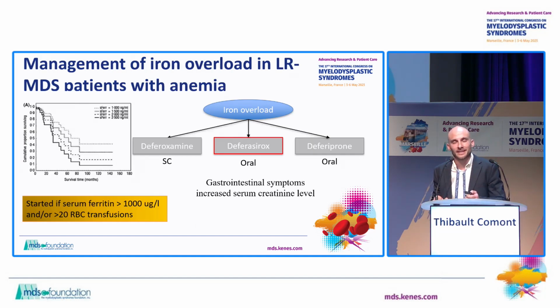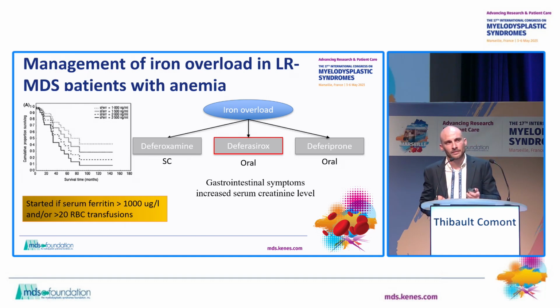the major concern in these patients, and in patients with repeated transfusions, is iron overload. It is an independent factor of mortality in these patients, and you can see on the graph that the level of ferritin is strongly correlated to the overall survival. First, we can evaluate the impact of iron overload by MRI, especially on the liver or on the heart. But in practice, we start treatment in patients who received more than 20 RBC packs, or when the ferritin level is higher than 1,000 micrograms per liter.